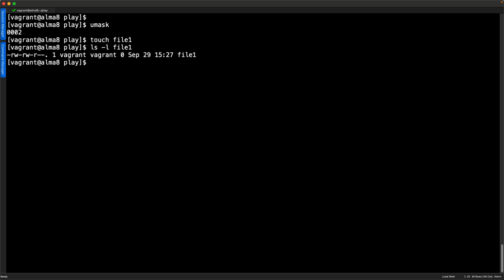And then we've got read for others. The last 3 bits of the permissions represent others. And it's important wording. We're not just playing with words. We're saying other than the group or the user.